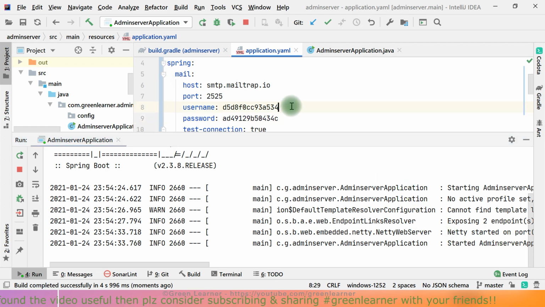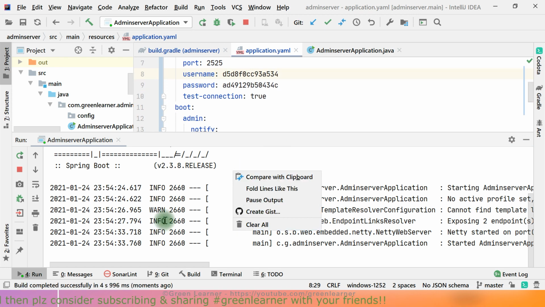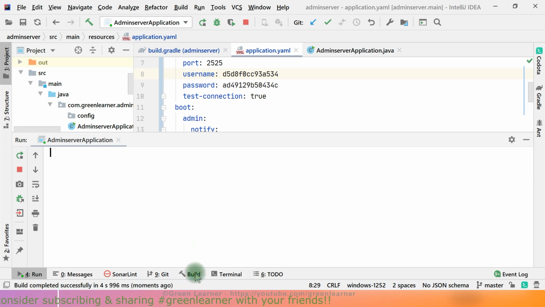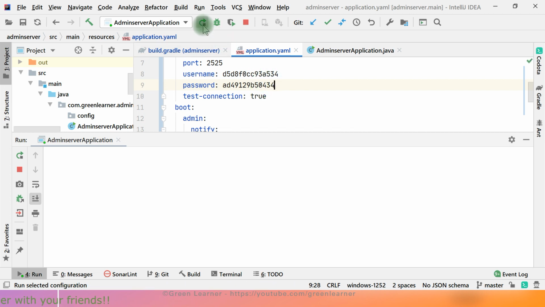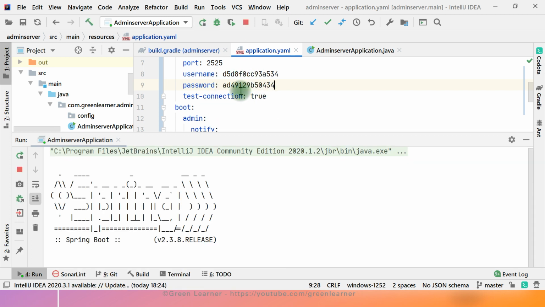So it means test connection is fine here. Okay, so that is why I'm not getting anything here. In case there was some problem with the username, password, or port, we would have got that. So let me introduce that as well. So I have an incorrect password here, restart here. So our application will not start because this mail configuration is not correct.